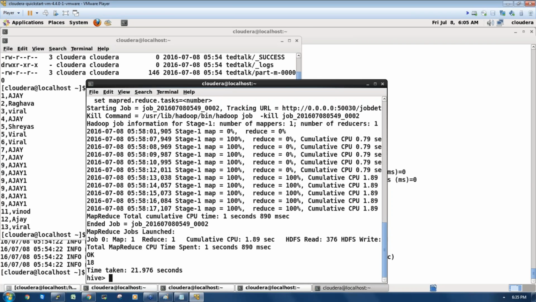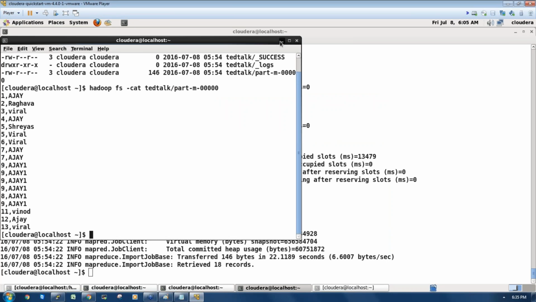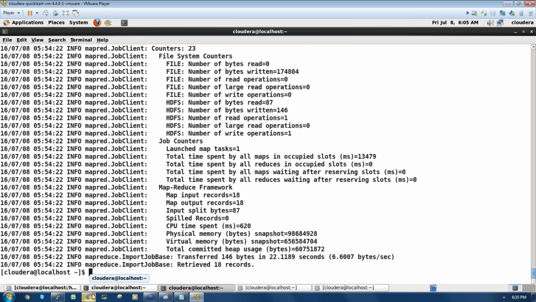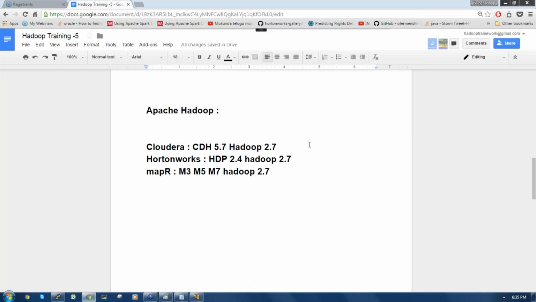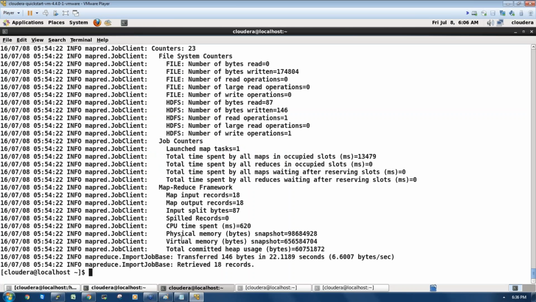And if you see here, Hadoop will give you a graphical user interface. When we are working with Hadoop from Cloudera, Cloudera gives you one component, Hue. Hue is one component available in Cloudera where we can do everything in a graphical user interface, right? So till now what we did, we used Hive in the Hive terminal.